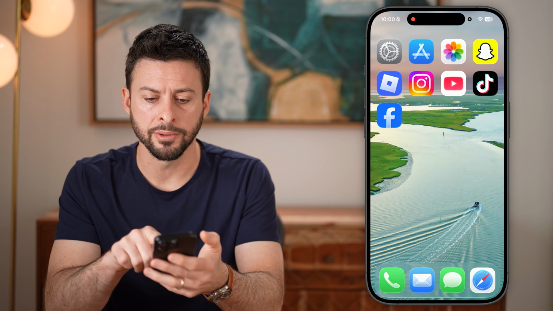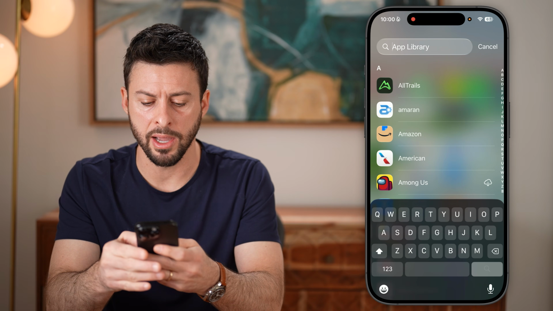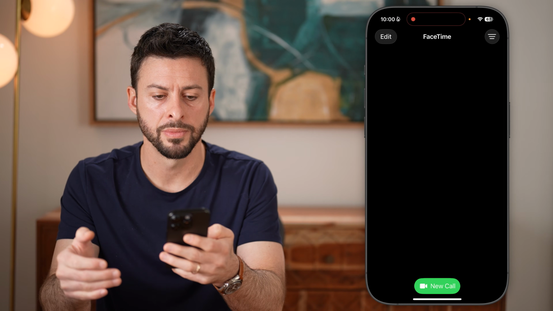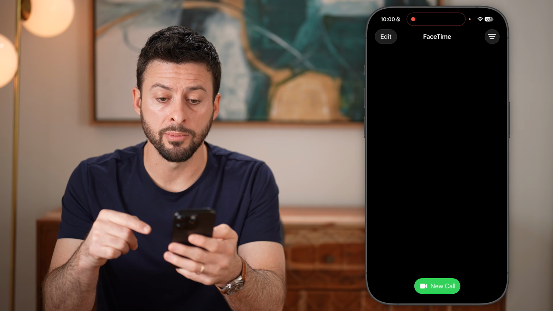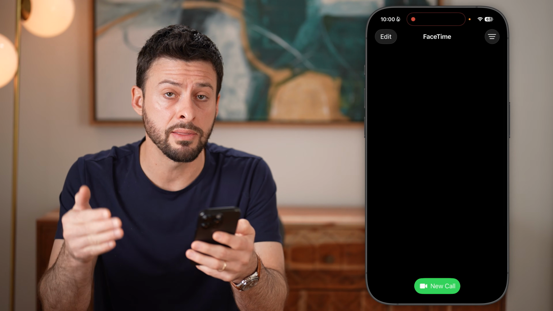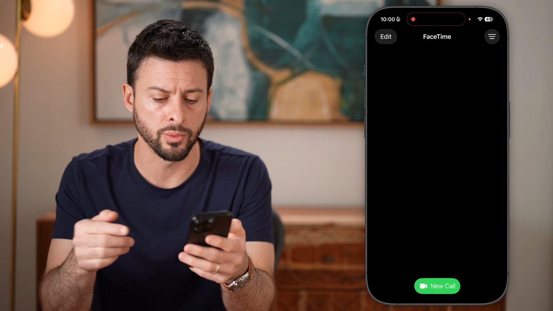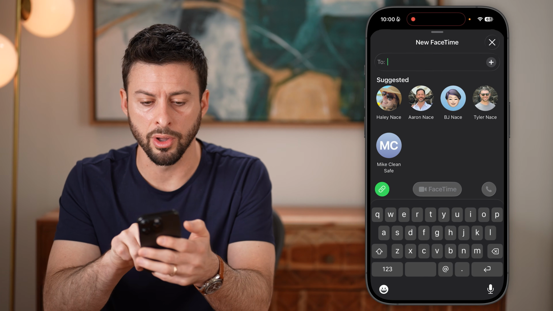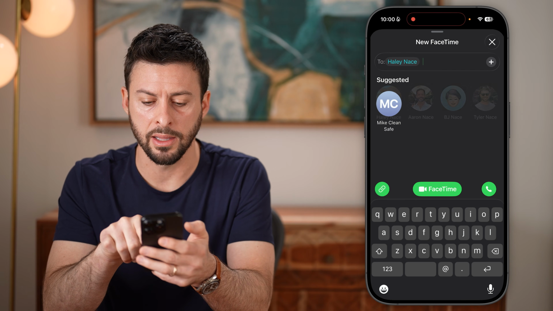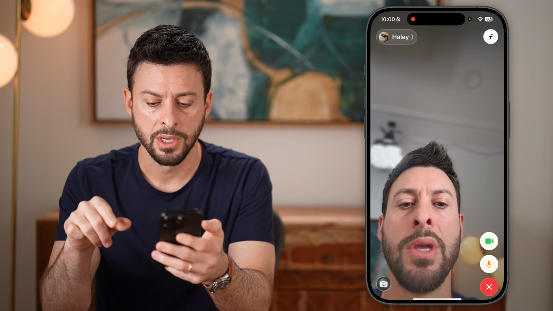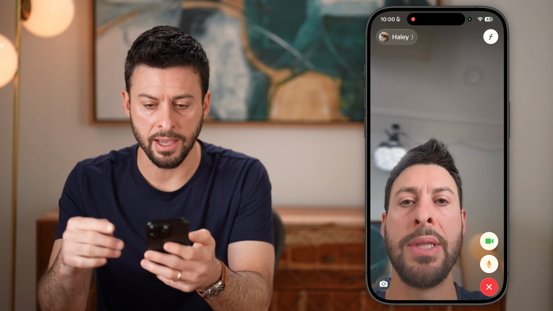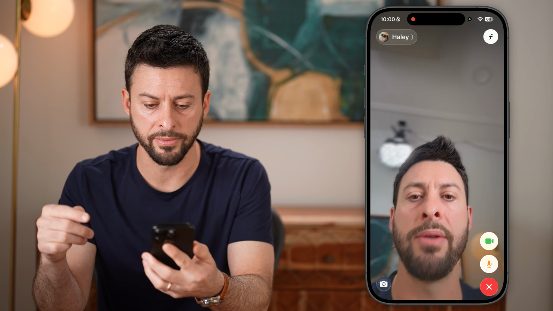So let's hop out of here, swipe over, and in the app library, let's search for FaceTime. Now, once we're in FaceTime, we're going to go through the process of making that call. Keep in mind, you need to be on a FaceTime call for this to work. So I'm going to hit New Call, and I'm just going to call Haley in this instance. So you'll be able to see, all right, there is that FaceTime, and let's wait for her to see if